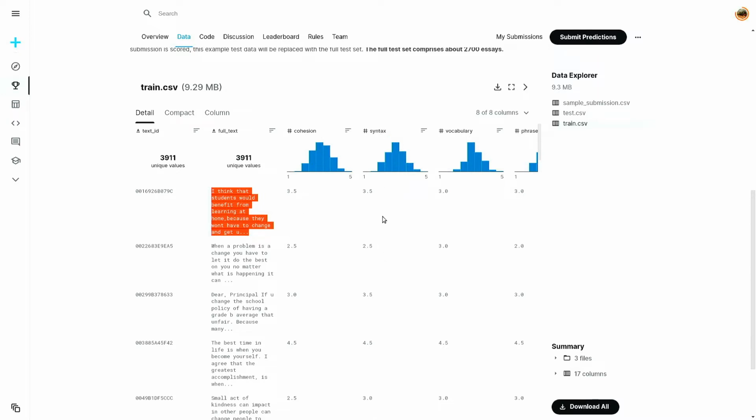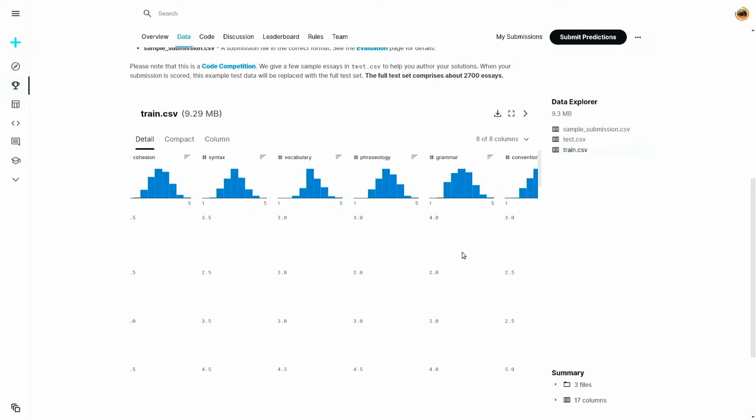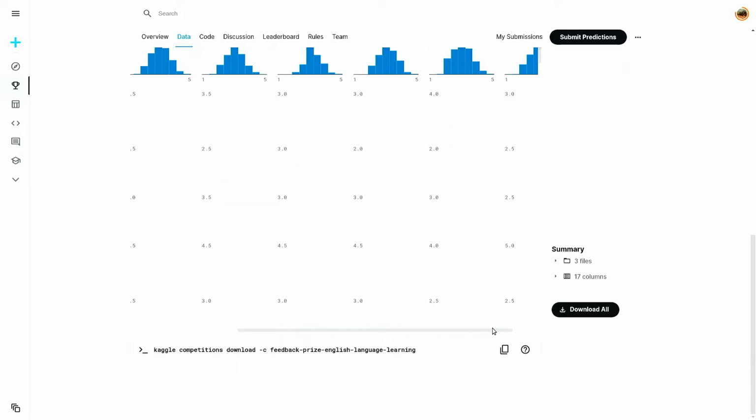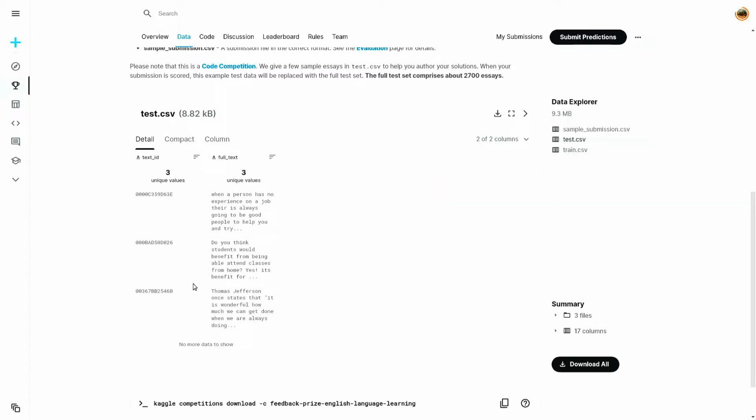Then syntax 3.5, vocabulary 3.0, and so on. I have got even more headings: phraseology, grammar, and conventions, okay.